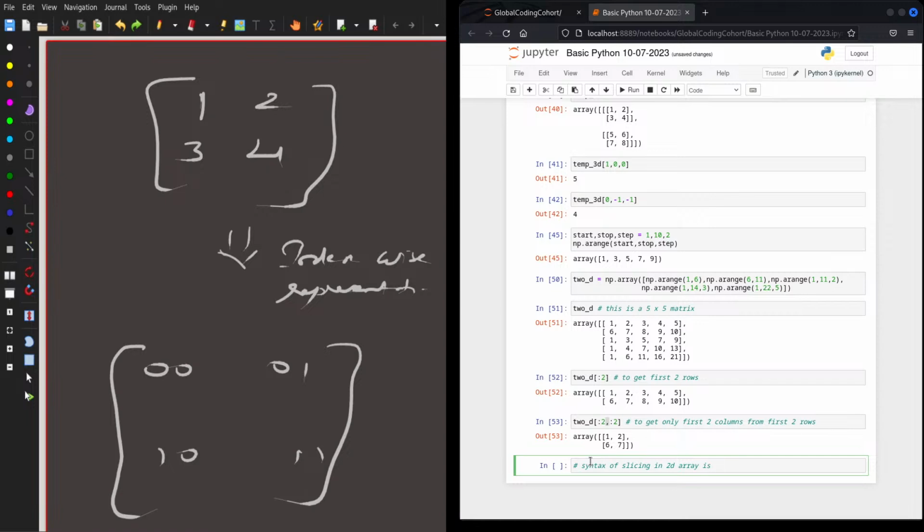And in a 3D array, you will add it in a similar way, but you will get one more additional syntax. As we are dealing with 2D, the syntax is